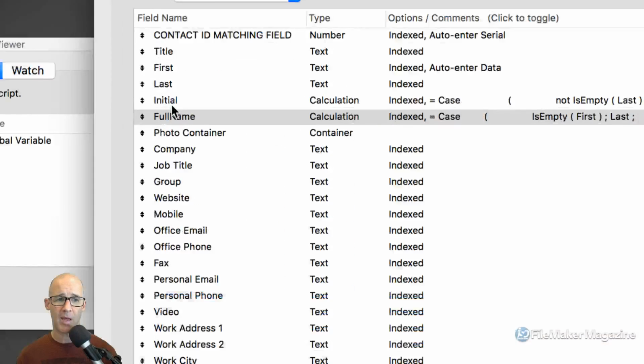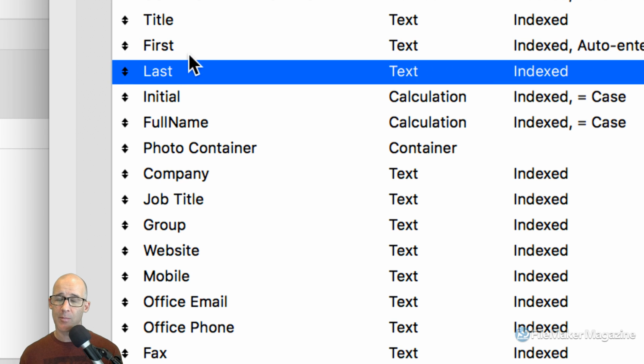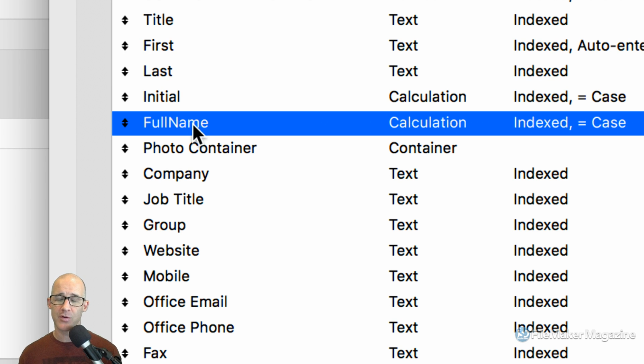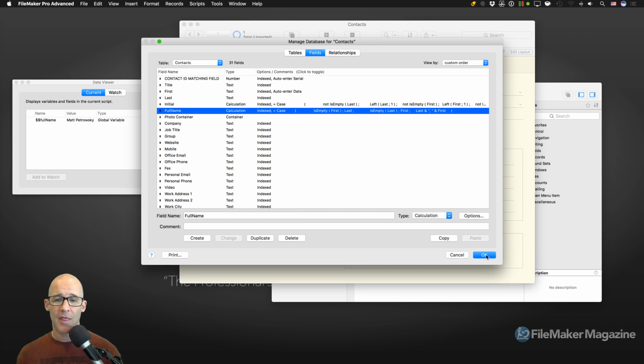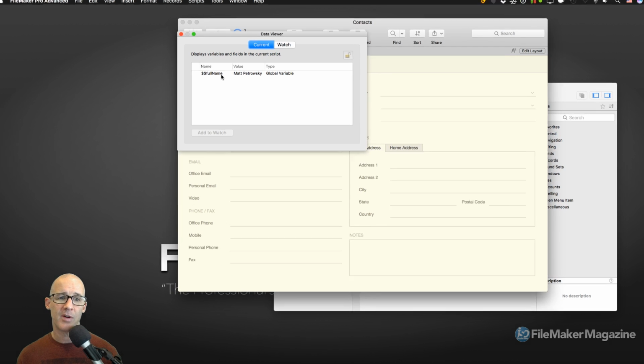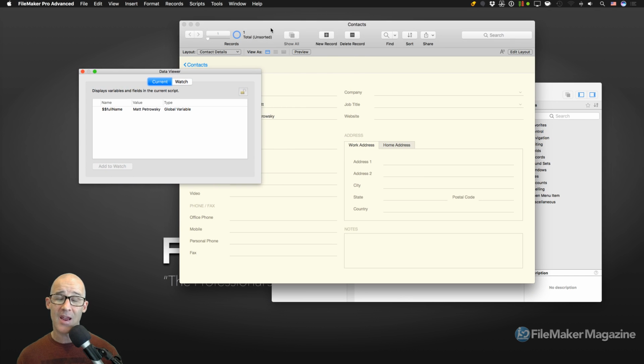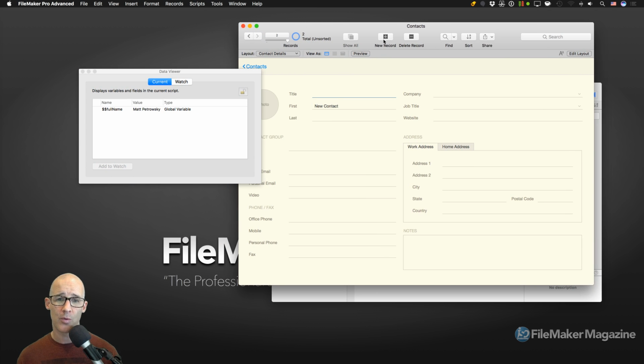Oops, we got a bad zoom there. So this full name field, because it's part of the actual record data, whenever the first name or the last name is changed, this value changes, and it always persists with FileMaker. That's different than this item right here that we have created, this variable of the full name. Meaning if I'm on my record right now, on this Matt Petrowski record, and I create a new record by clicking New Record, and I put in Bill Jones,